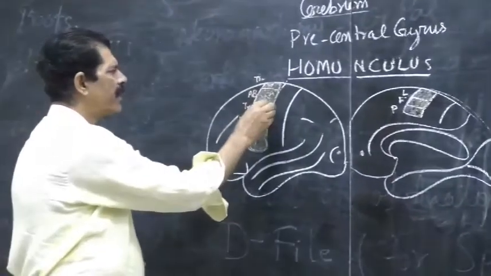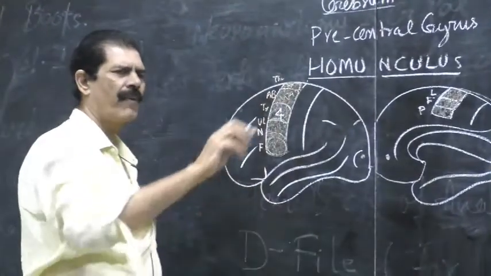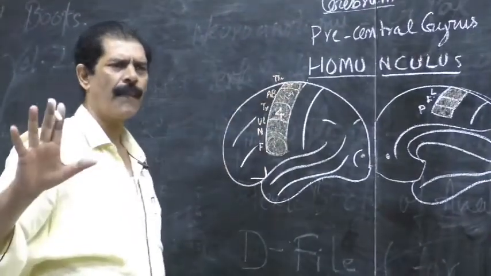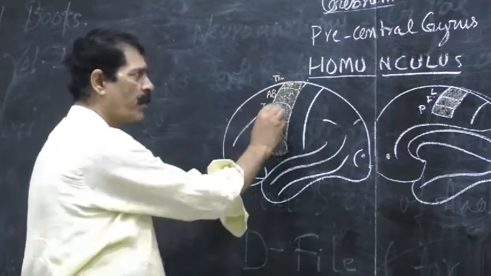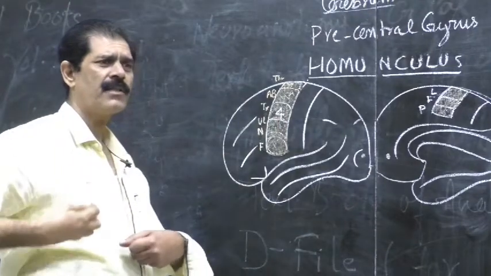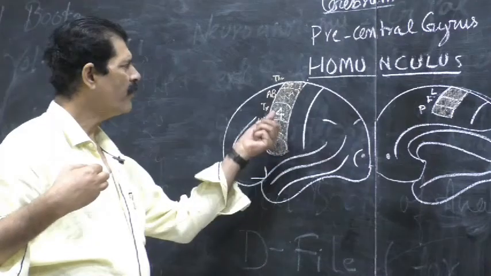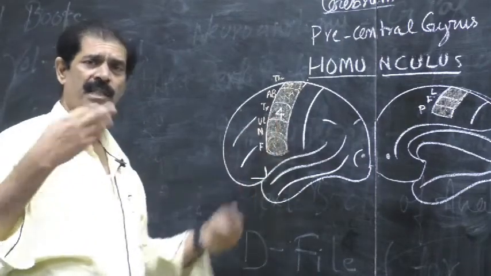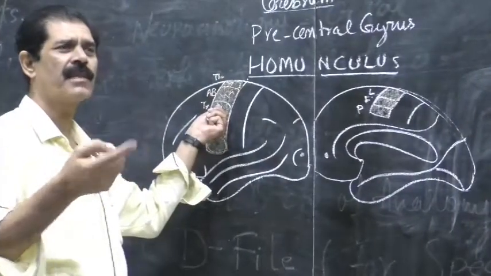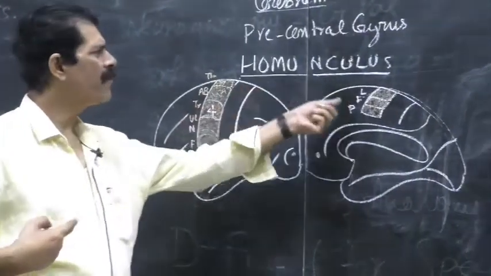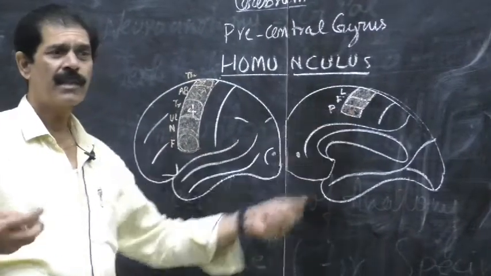For example, if I touch this strip of the gray matter of the precentral gyrus, the thorax area, I see that the whole animal is still. He is unconscious, he is anesthetized. But when I touch it, I see that the muscles of the thorax, the intercostal muscles, start moving on the opposite side. So this experiment proves that this area has some connection with the muscles of the thorax. Similarly, when I touch the last area of the precentral gyrus, I see the muscles of the perineum moving.